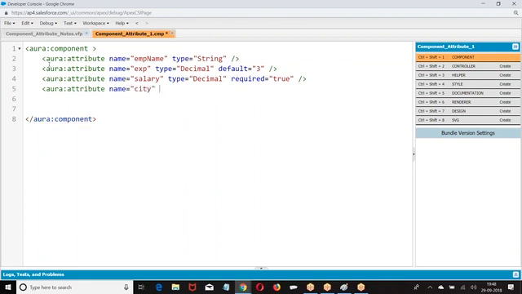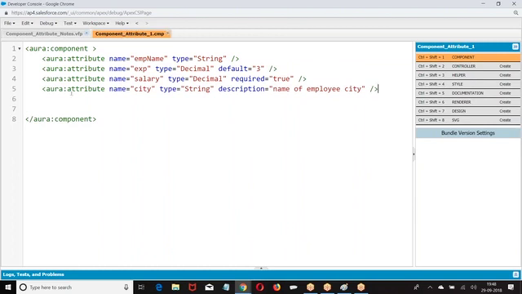Name equal to city. This is how we create.